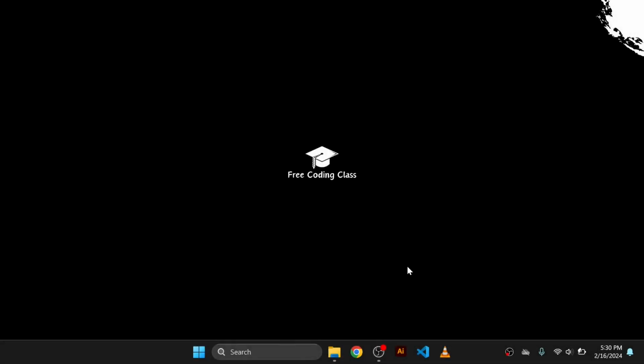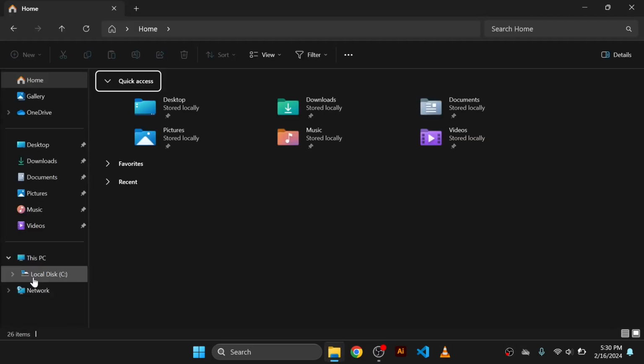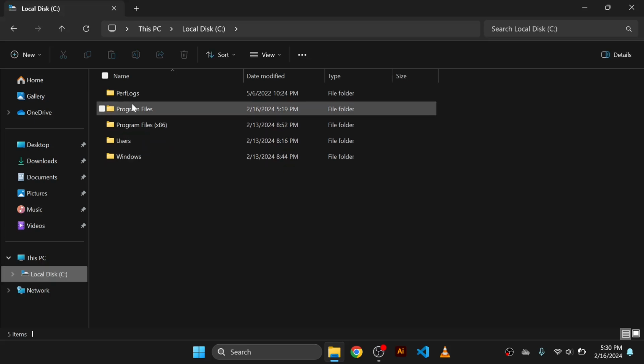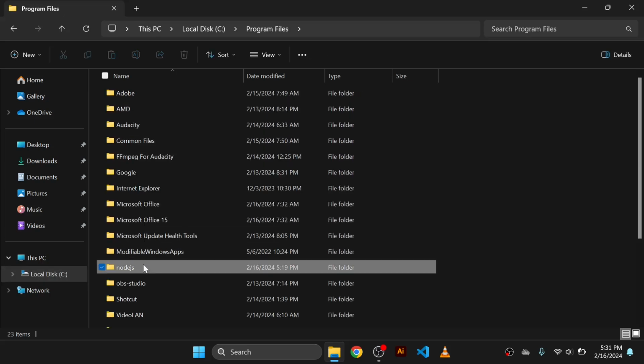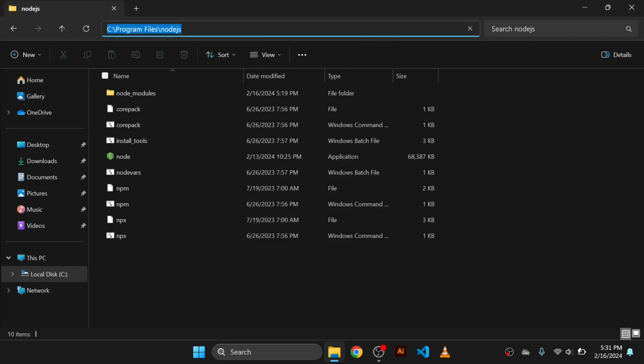Now you should add Node.js to your environment variables. Open File Explorer, go to Local Disk C, Program Files, Node.js, copy this path,